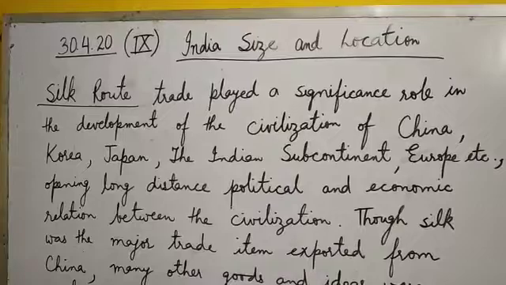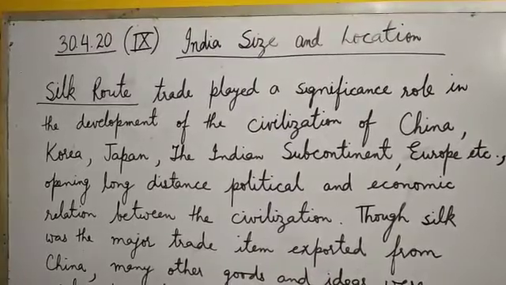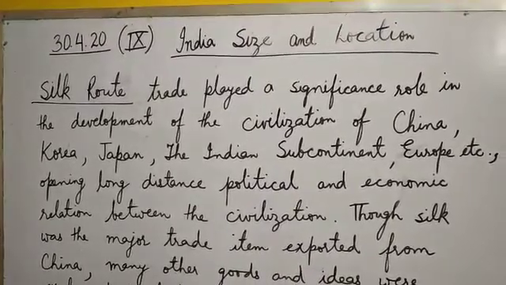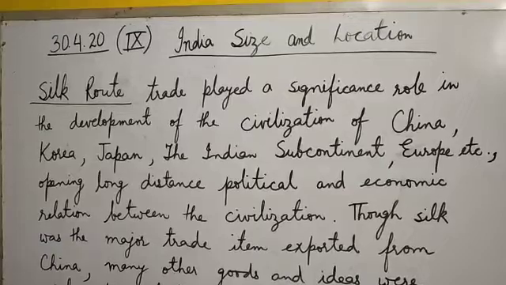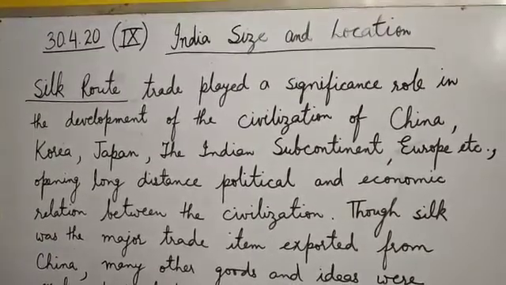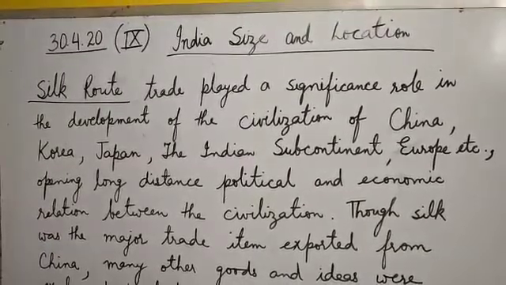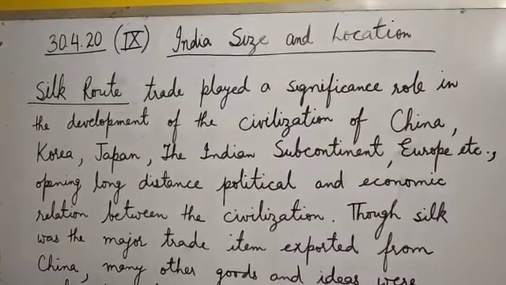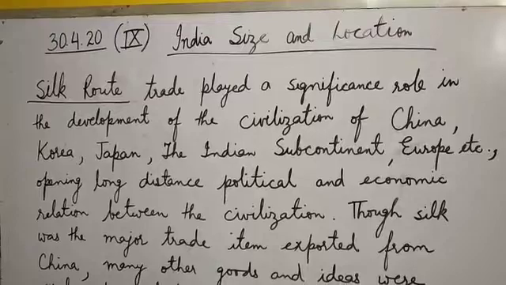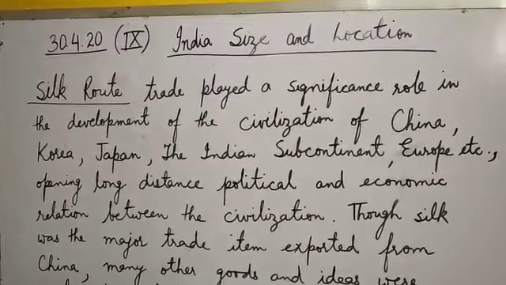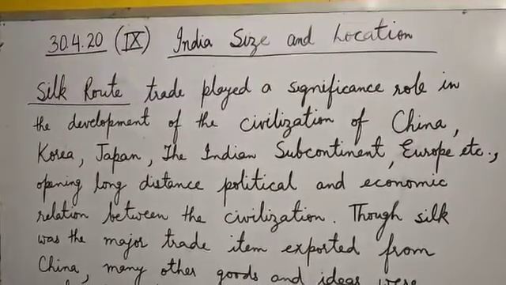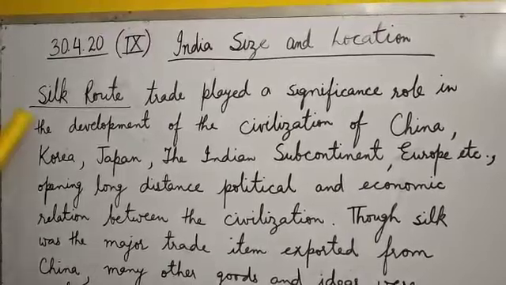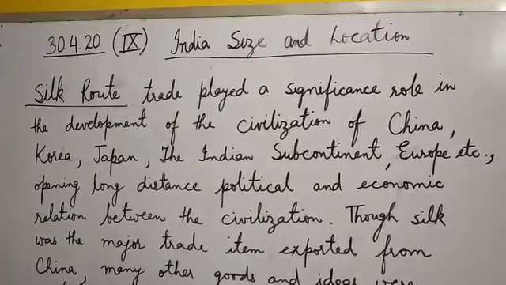In the last class, we had discussed the various mountain passes, the land route, and the oceanic route and its role. How it played a crucial role. How India, with these routes, established a very good and strong relationship with the countries of the world. One more route which was very important was the Silk Route.